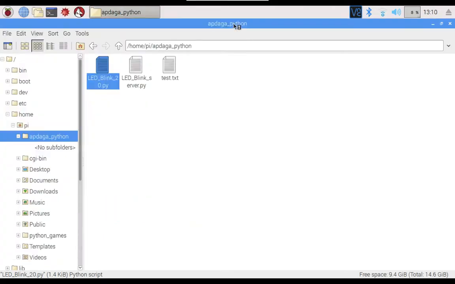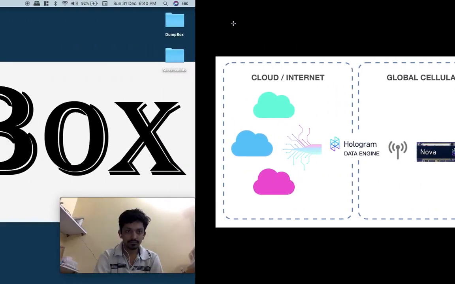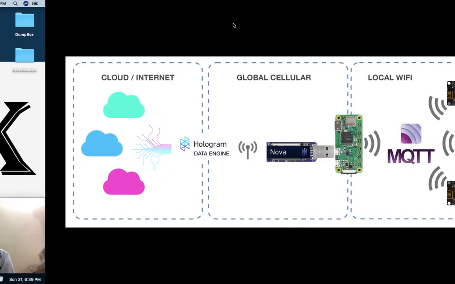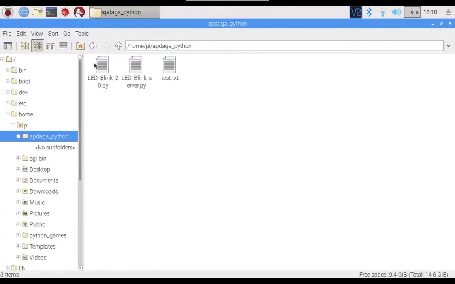But this is not how it works here. Using a CGI HTTP server, we can open any browser, enter the IP address of the Pi 3, and whatever command we give through the browser will happen. For example, I have one script, LED blink 20.